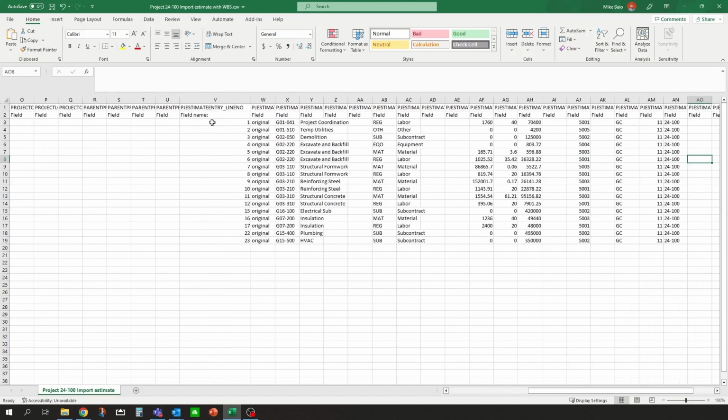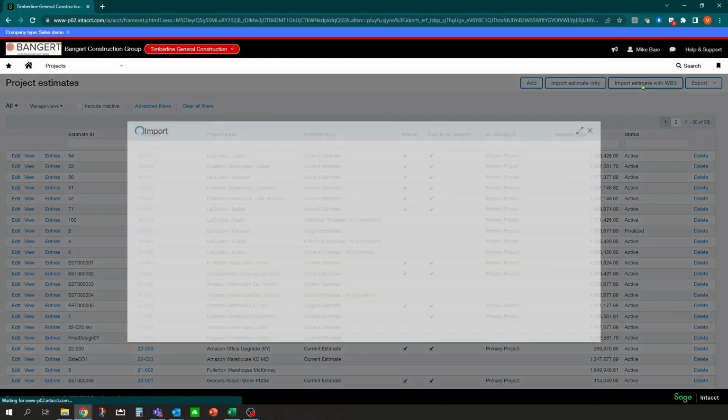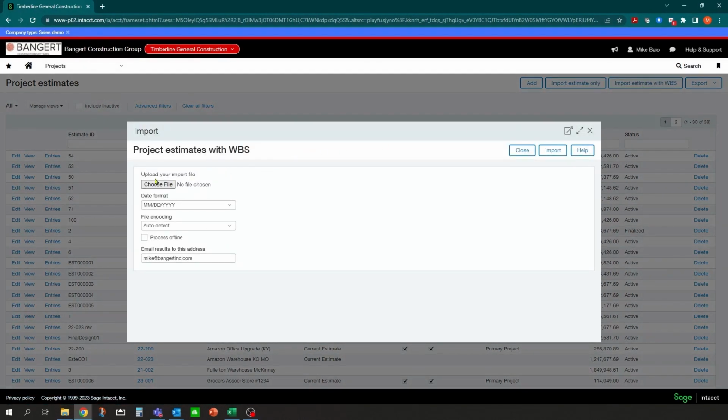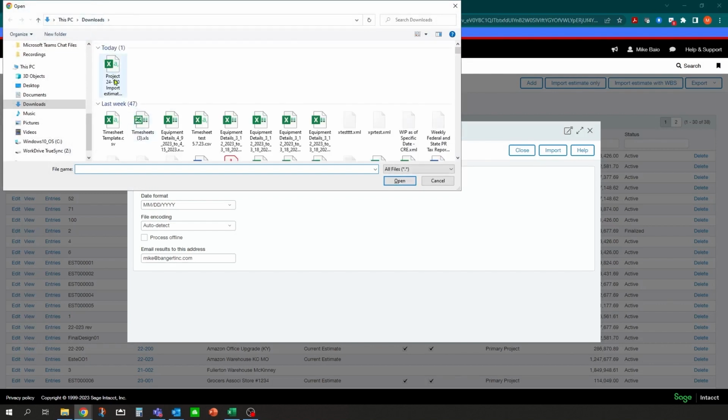So there's my template here, and you'll notice my estimated cost, if I highlight the totals, is going to be, if I could read that correctly, around 1.7 for the cost. So let's just close that for now. Actually, I'll save that one more time, and I'll shrink that down. So now to import an estimate, I can come right over to import estimate. You click on it, and you just have to go select where your file is saved. Mine's saved right here in my downloads folder. So I'm going to grab that project estimate import file.